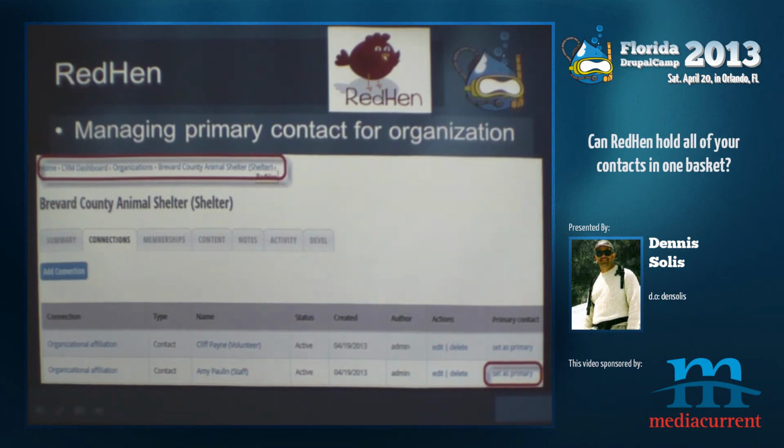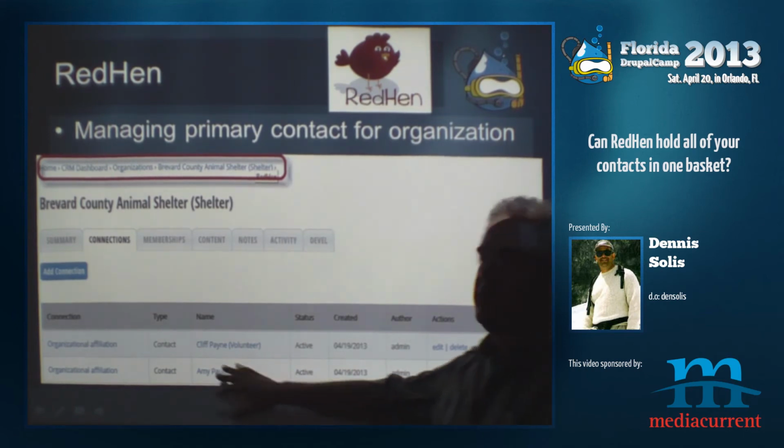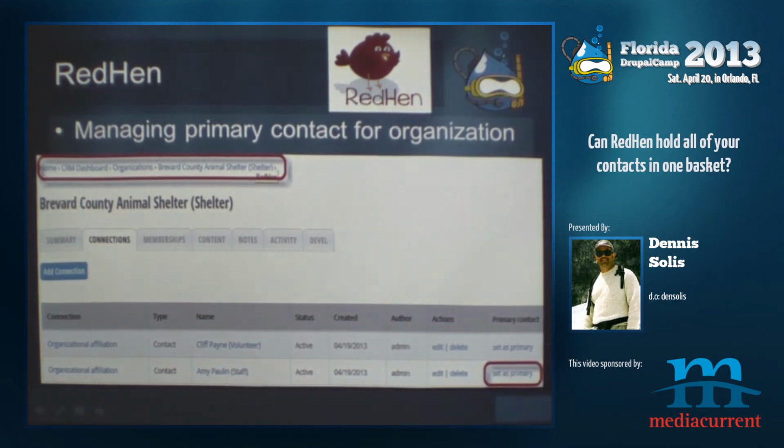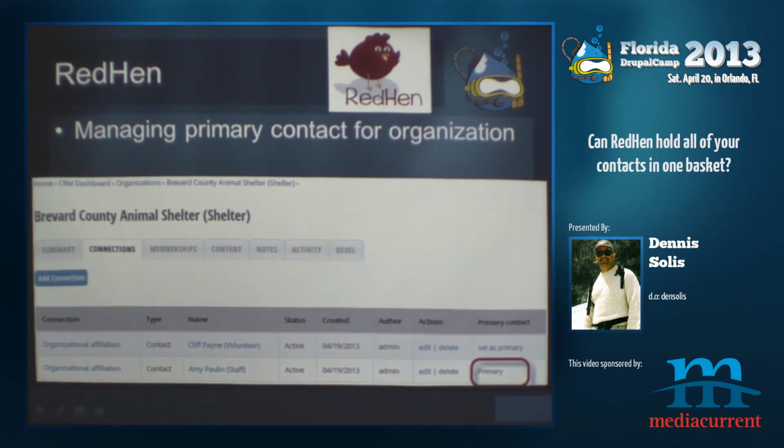And that's exposed to views and stuff. So if you want to get a list of just all your primary contacts and publish a report, you can now do that. You can go out here and find Amy's phone number and all those wonderful things. I believe that's exposed. It's also exposed to rules too, so you can do stuff with that. So yeah, once you set her as primary,